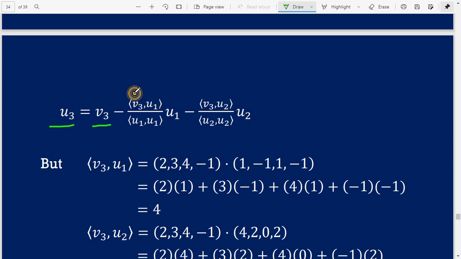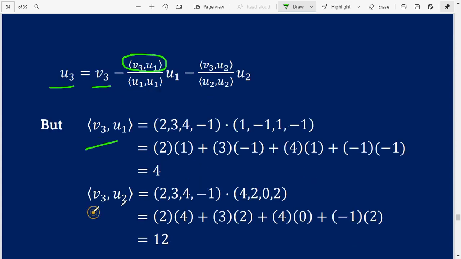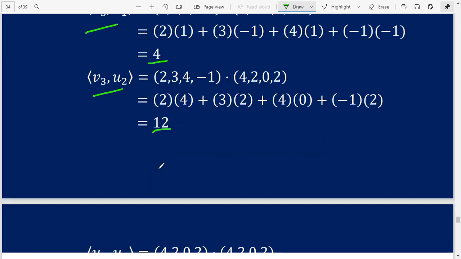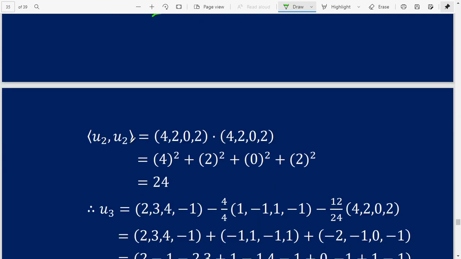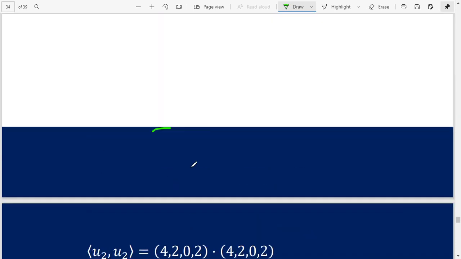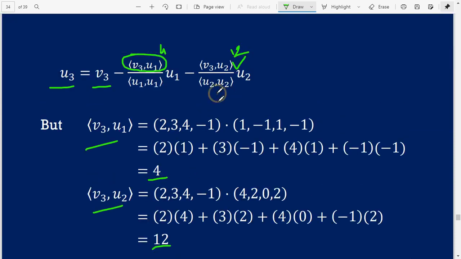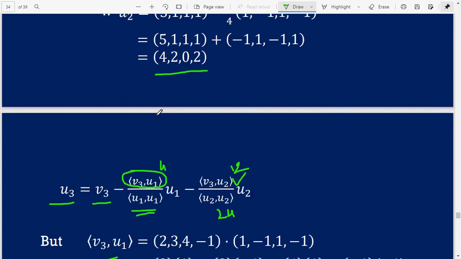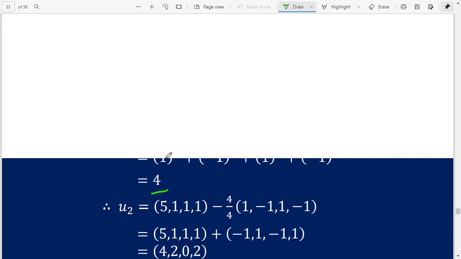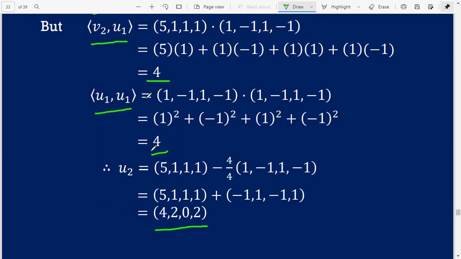So we find the value of this, this is equal to 4 and this is equal to 12, and inner product U2 with U2 is equal to 24, and inner product U1 with U1 is equal to 4,